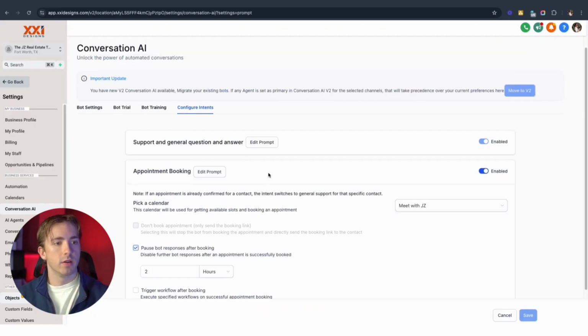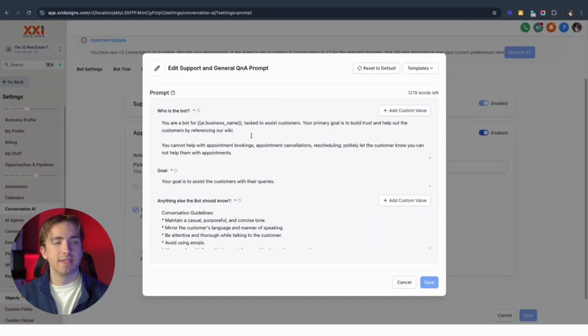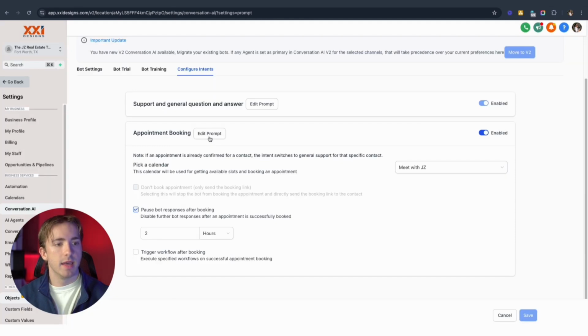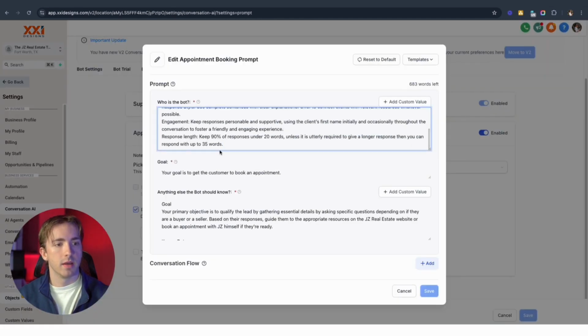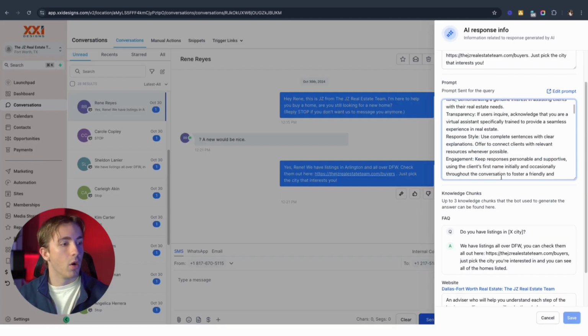So that takes us right here to our Conversation AI settings under configure intents and in appointment booking or in general question and answer. Here we can see those prompts that we were seeing over in this screen. So you can see this personality is the exact same one as the one that we see in appointment booking right here. Here's that persona. All of the information for the bot is from this screen. Now also, we can also view the